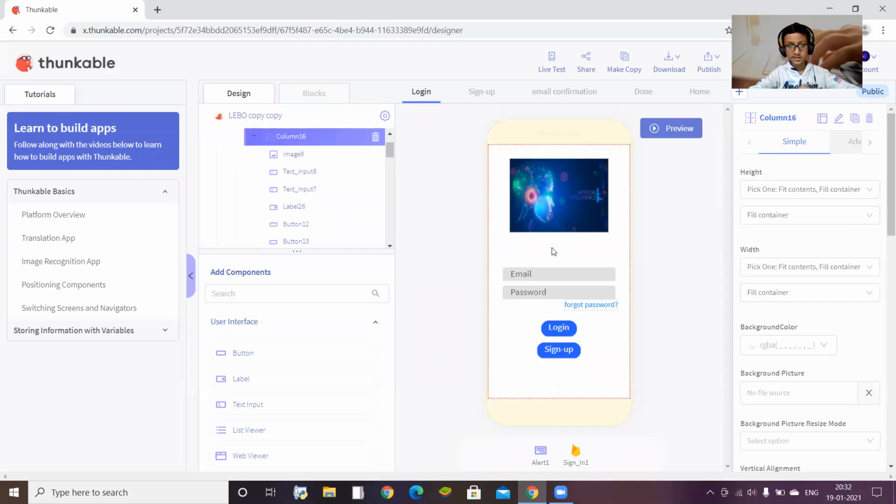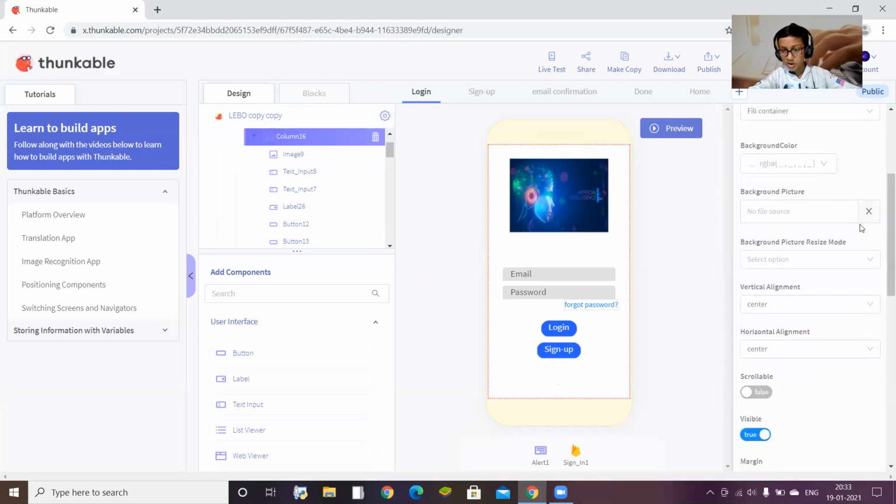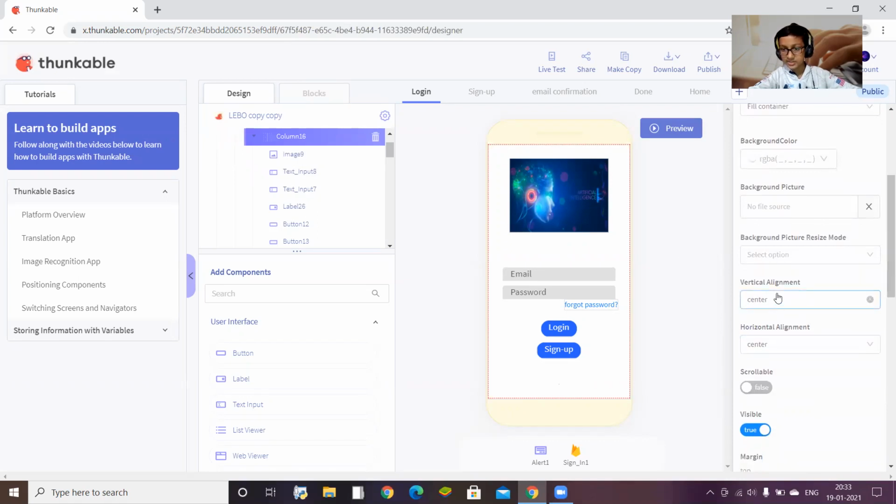Let's start. First of all, you create a new project. For creating the login, you have to take one screen. First of all, it will be screen 1. Name it as login. After that, add one column. Set the column's default alignment to center, vertical alignment center and horizontal alignment center.